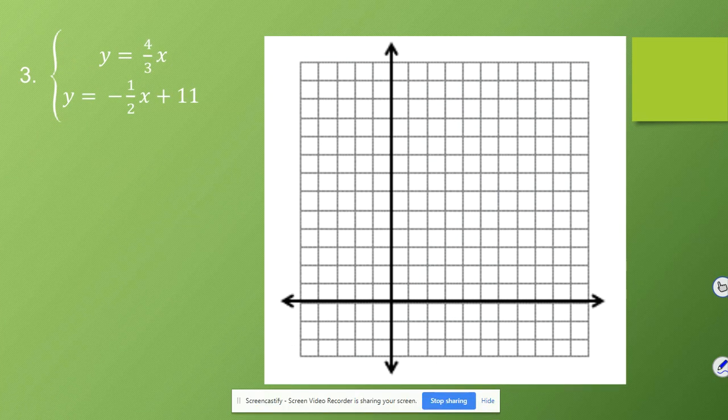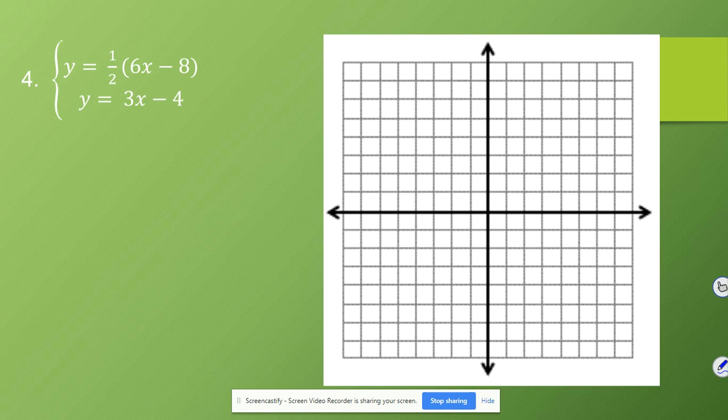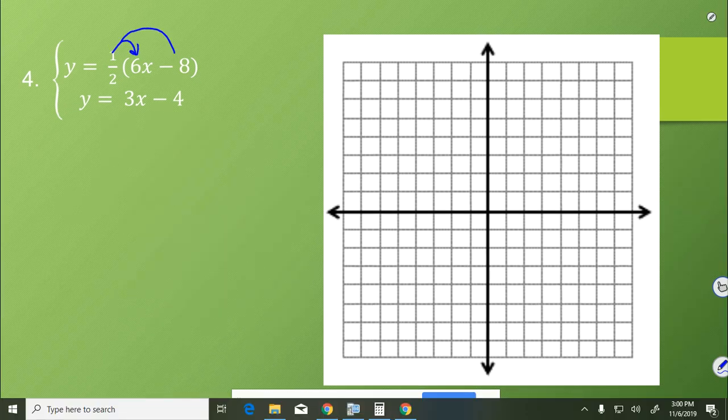Number 3. Oh, that's what I was just on, and it turned the page on me. So number 4, rather. Y equals 1/2 times 6x minus 8, and y equals 3x minus 4. So we have to distribute first in order to do this one. So this is equal to y equals 3x minus 4, because half of 6 is 3, and half of 8 is 4. But wait a second. Aren't these exactly the same? So right away, we should be able to say that this is going to have infinite solutions